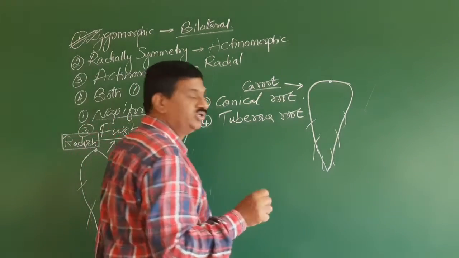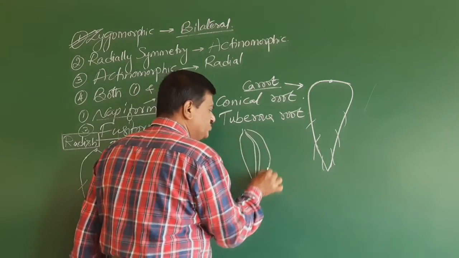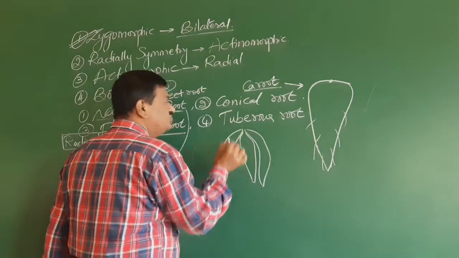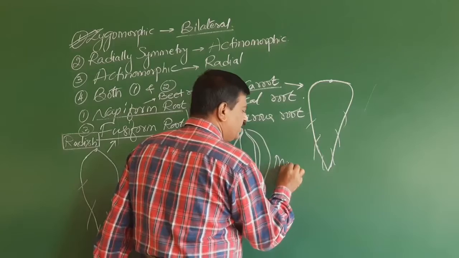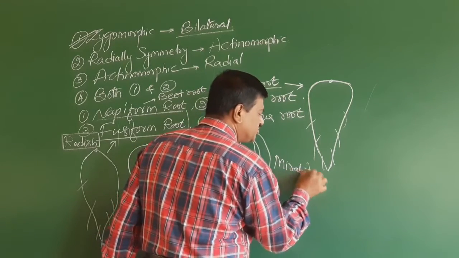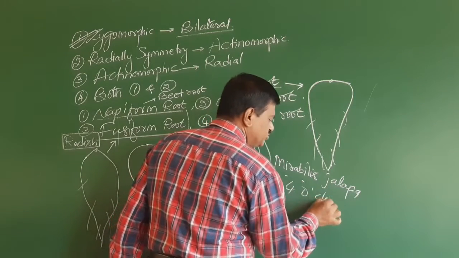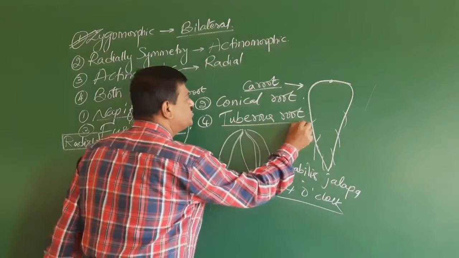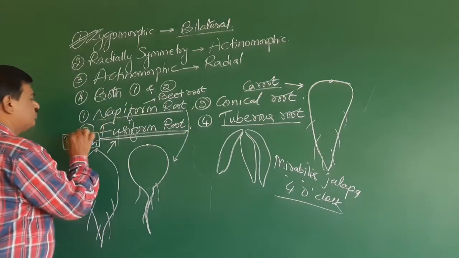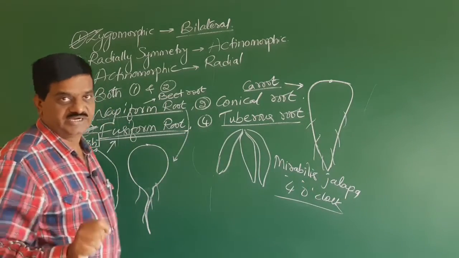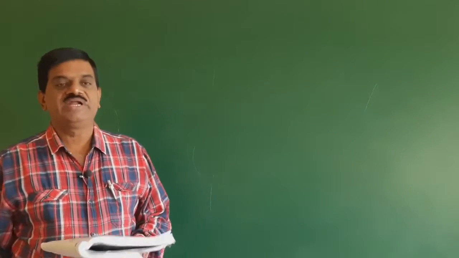In a tuberous root, the root is usually a tuber-like structure. Like this, there is a presence of tubers in a root. This is called a tuberous root, and it can be noticed in Mirabilis jalapa, commonly called the four o'clock plant. So here the radish is a fusiform root. The third option is right. We go for the next question, 25.